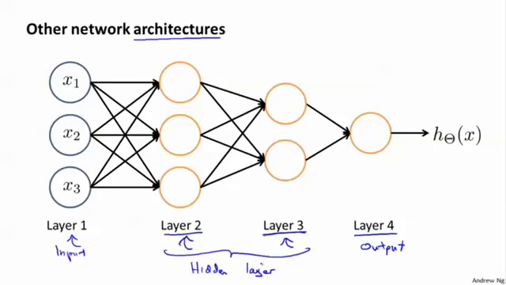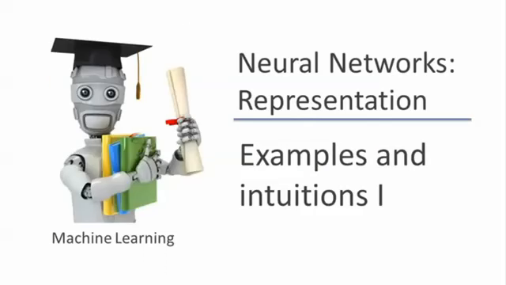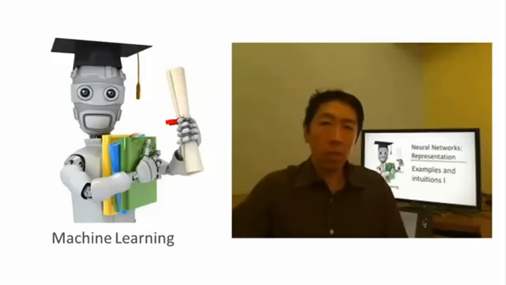And so what I'd like to do in the next 2 videos is work through a detailed example of how a neural network can be used to compute nonlinear functions of the input, and hopefully that will give you a good sense of the sorts of complex nonlinear hypotheses we can get out of neural networks. In this and the next video, I want to work through a detailed example showing how a neural network can compute a complex nonlinear function of the input. And hopefully this will give you a good sense of why neural networks can be used to learn complex nonlinear